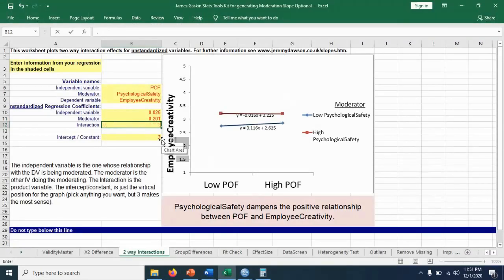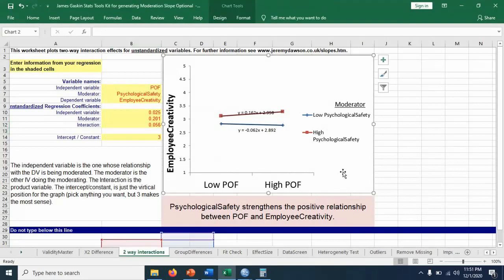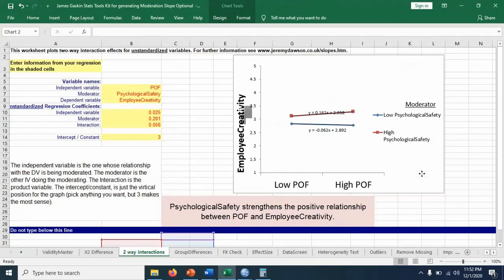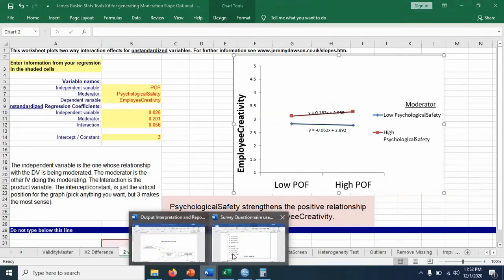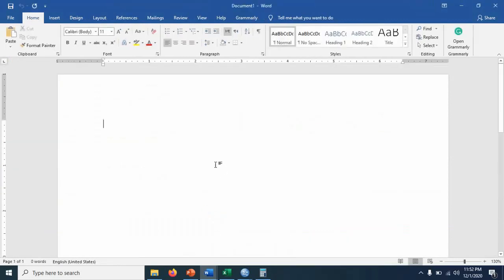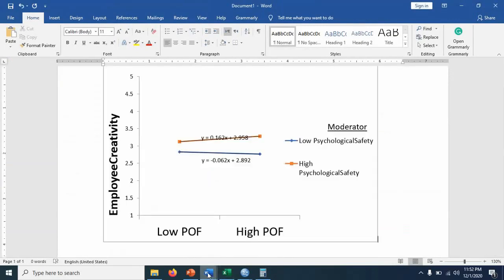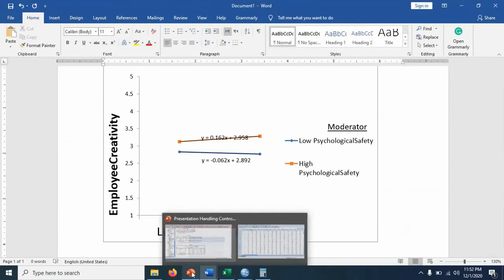By mistake I have opened the internet. So you have to make a separate slope analysis. It automatically adjusts. You just copy them into your Word file. Any results you copy into your Word file one by one, and then you interpret.